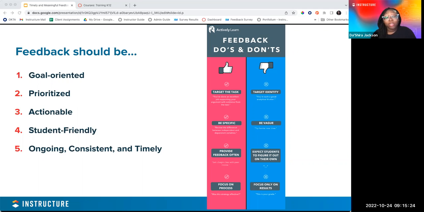Make sure you provide feedback often, instead of expecting your students to figure it out on their own. That would mean allowing them to turn in the assignment before the final submission is due. You could do one or two drafts, like turn in a draft and then the final project, or turn in two drafts and then the final project.